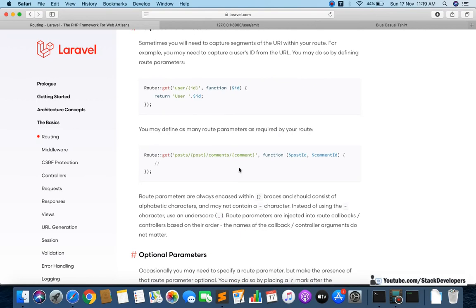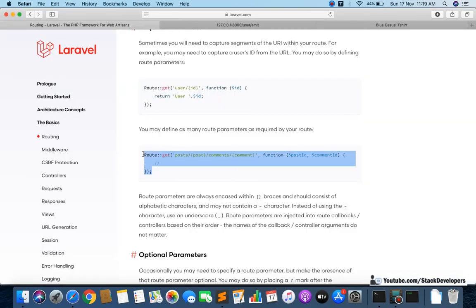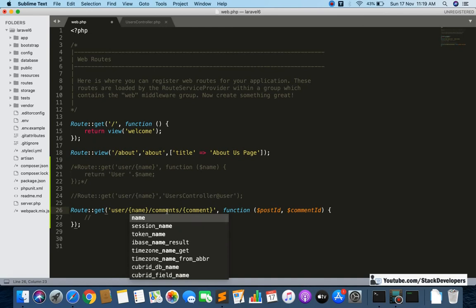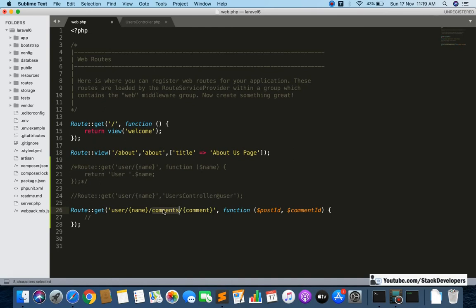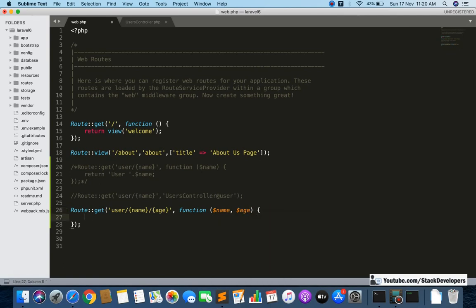Okay, so you can pass multiple parameters as well. I think we have also done this in earlier videos. I am going to show you, like they have shown here in the example, where they are passing multiple parameters. We are going to pass them in user itself. I am going to pass name, username, and I am going to pass age as well. You can pass username and age like this, and here also you can pass name and age. And here you can simply return both name and age. So I'm going to return $name, and then $age. And now I am going to check here,